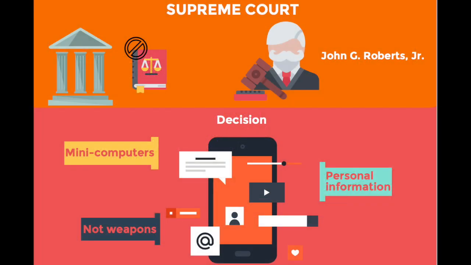The Supreme Court stated unanimously that this type of intrusive search without a warrant was unconstitutional. Chief Justice John G. Roberts, Jr. wrote the opinion for the unanimous court. Mobile phones are not dangerous to police officers, as they are not weapons. Also, without searching the phone, the police can take alternative measures to secure the data on the phone and to prevent the data from being destroyed, such as disconnecting the phone from the network and placing the phone in a